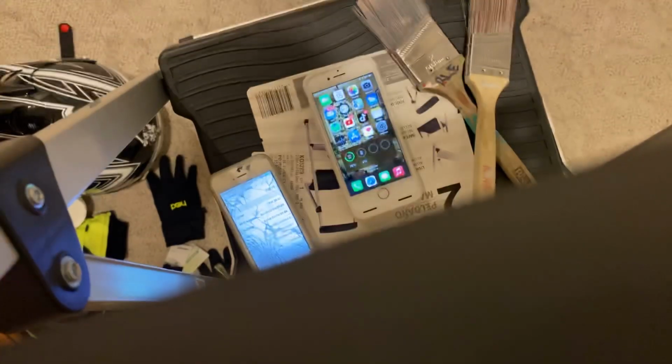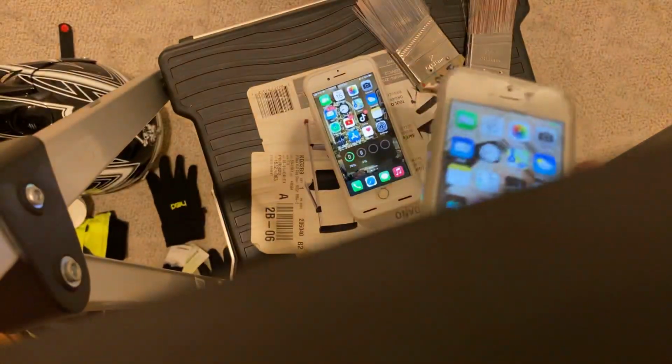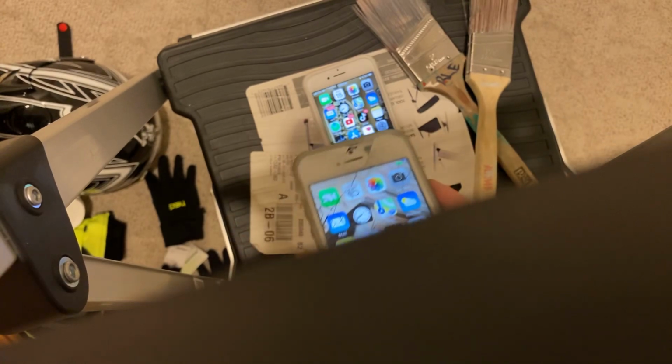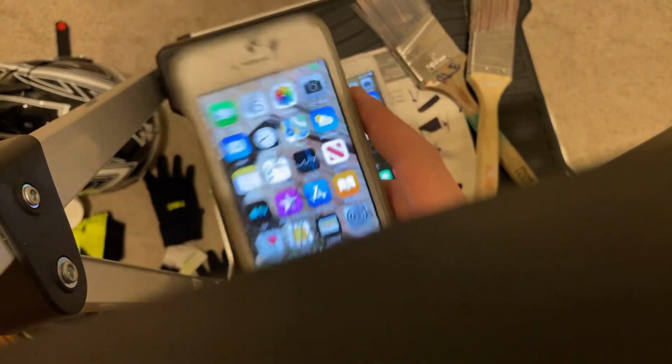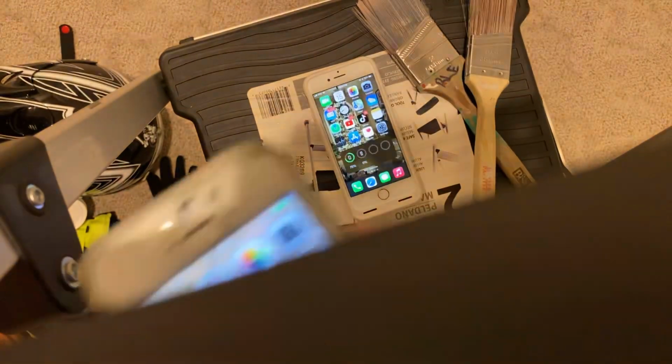We got all of our other numbers. Carrier locked. It will tell us this is a SIM locked phone. So if I go to put in a SIM card that is not a TFW, it will need activation and it won't complete it. It's not unlocked. This phone does not have that feature. But if you really want to know if your phone's SIM locked, and you have another SIM card laying around from a different carrier than the one in your phone, you will be able to know. Simply put it in. If it comes up with activation, I would...